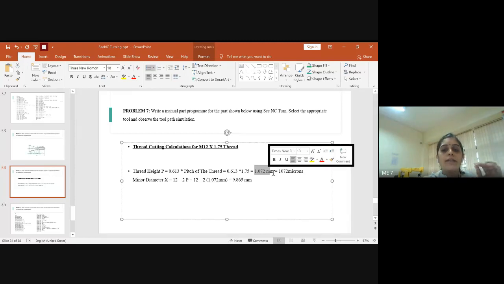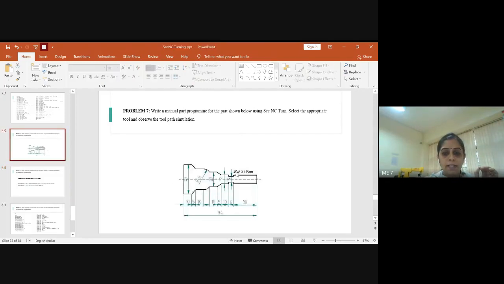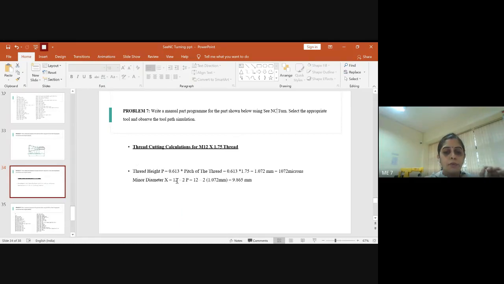Always, to write in the program, you have to convert that into microns. So kindly convert the value you have in mm into microns. And later, the minor diameter X is always given by 12 minus 2p. Here 12 is given as the diameter, so you put the value of 12 minus 2 into p, where the p value is 1.072.